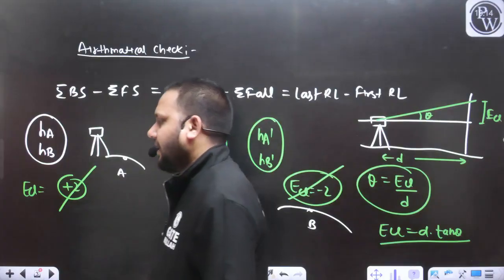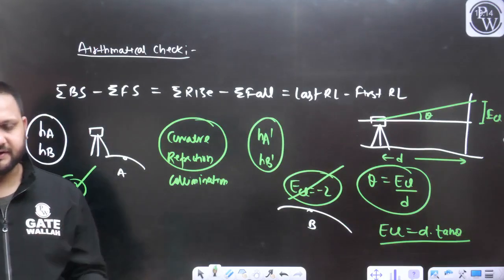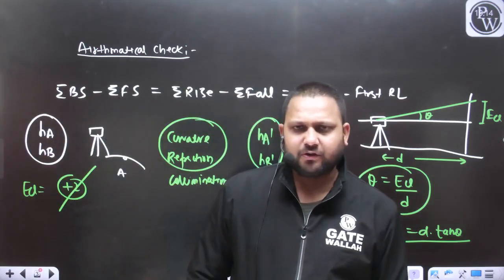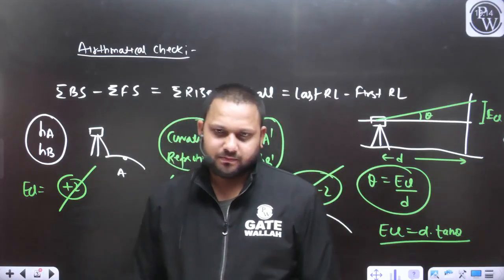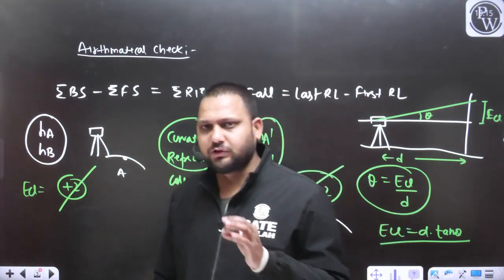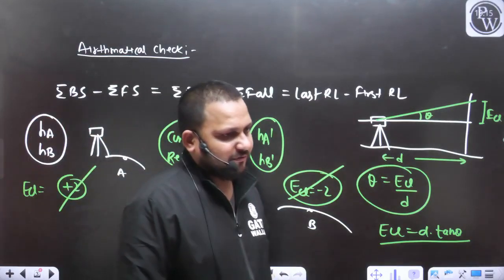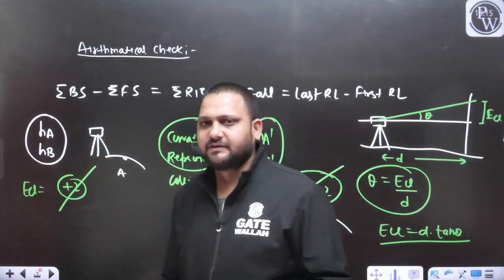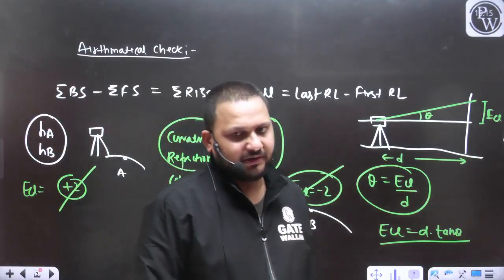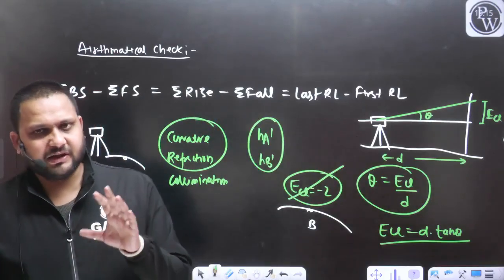Now we have discussed the vertical distance measurement. Now we are going to discuss some topics related to the vertical distance measurement, related to leveling. These topics are not very frequent and important in your GATE exam. Listen carefully. While discussing any topic, I am also providing you the importance of that topic from your exam point of view. Like the last topic that we have covered, that was leveling. Leveling is important for all the technical exams. Whenever there is a survey in your syllabus, you can expect a question from leveling. That's why we have covered all the aspects of leveling in detail.